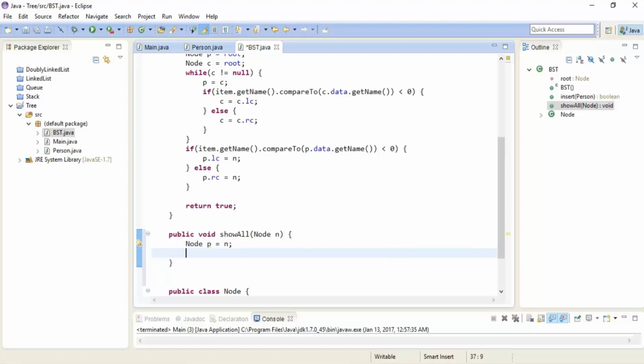I've sent this node because it's going to take care of where we're going to start printing the whole tree. If we start printing from the root node, we can print the whole tree. If we want to start from any subtree of that tree, then we can also print that out. So if p not equals to null,